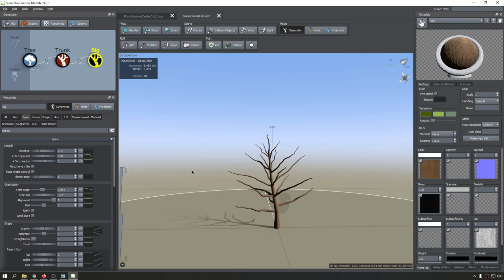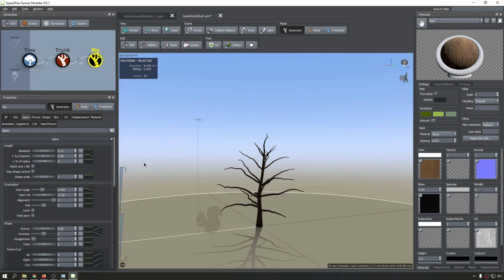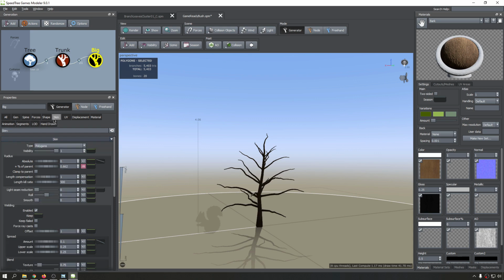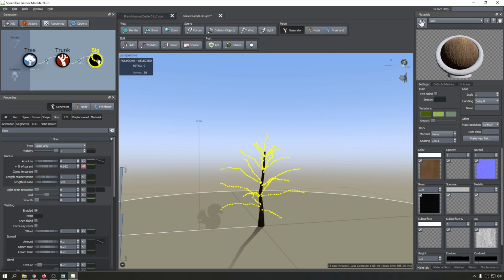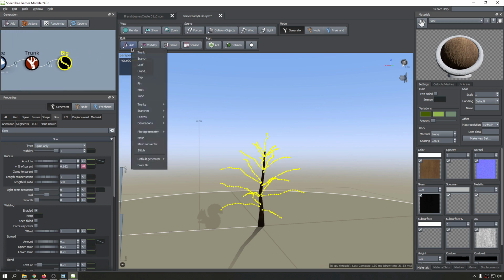I'm better having something like this, and I'm going to add a bit of gravity into these. Okay, something like this. And now we need to go to the Skin tab and set this to spine only. And now I'm going to bring a frond on top of this. So you know the